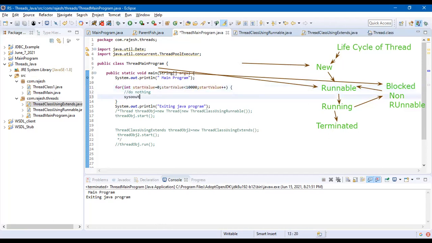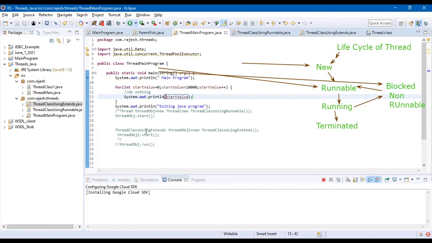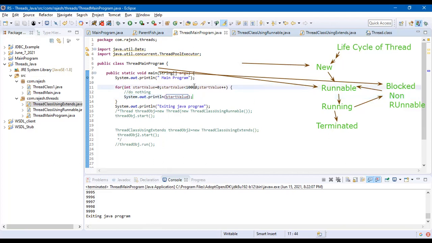Let's say I'll give a sys out here. It will take some time. Start value. So now at least, even though it is very fast. If I give it like this, at least it is taking some time, like maybe 10 seconds. No, it will take 100 seconds then. So let me reduce it. I'll comment that. So again, it is fast. So this is one way where you can increase this and you can pause.